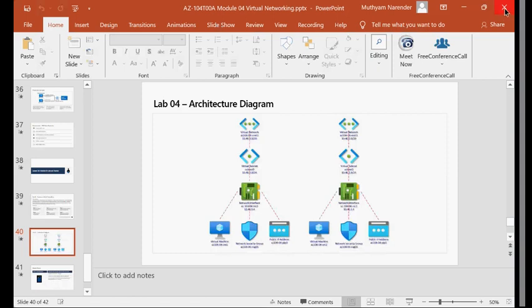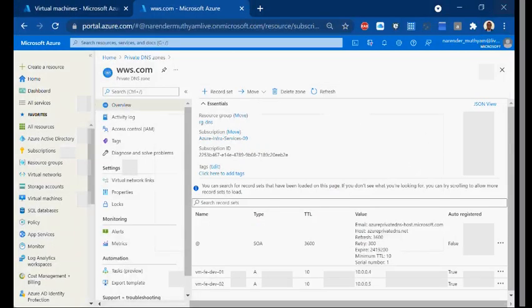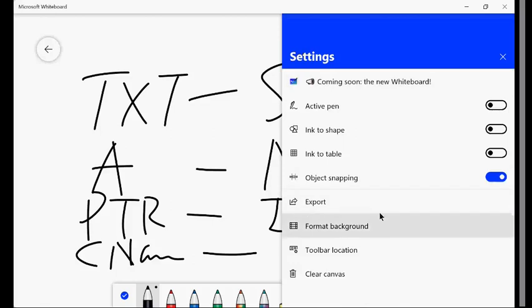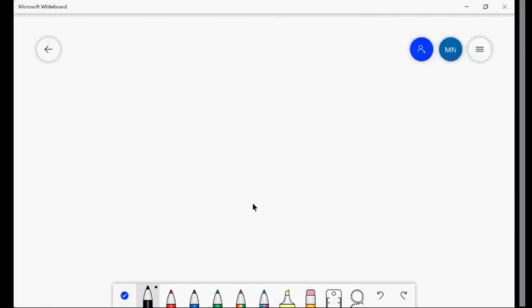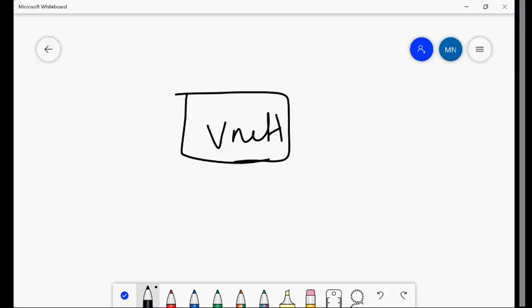Before going there, I just want to get into core VNet concepts. Whenever you say VNet, this is my VNet 1. I have created VNet 1 here, and this becomes a hub VNet.